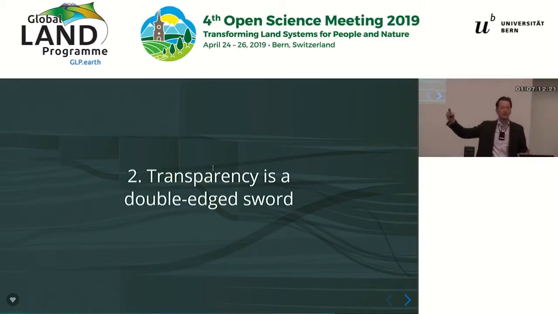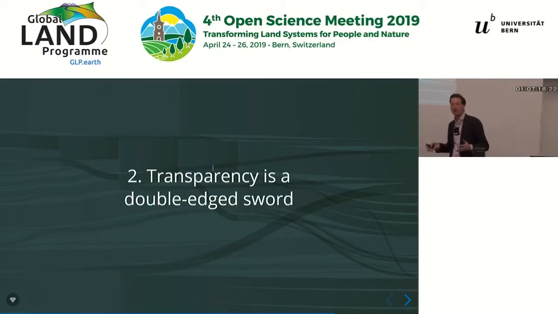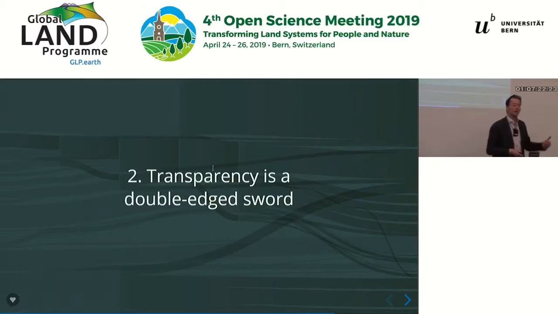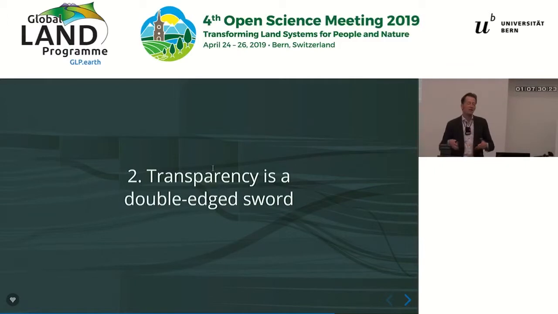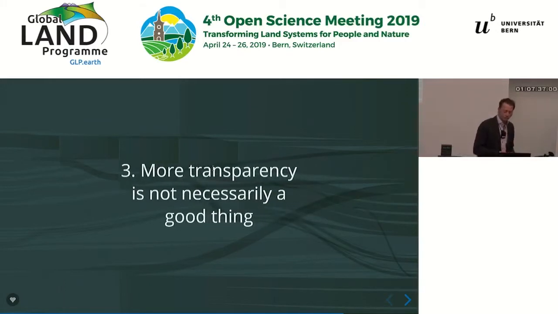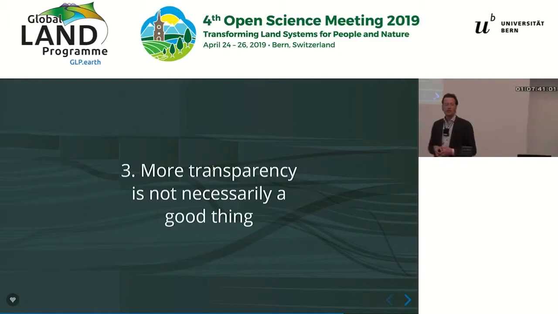So there's a process of continuous improvement, and we're always ratcheting up that ambition. How do you transition, for example, I think critically, from a supply chain approach where you've got an individual company making incremental improvements to a jurisdictional approach where you want an entire region to be able to attain a minimum level of standards? How do you keep the actors that are leading the charge on board without losing them as you go? More transparency is not necessarily a good thing, and I've referred to this a few times.